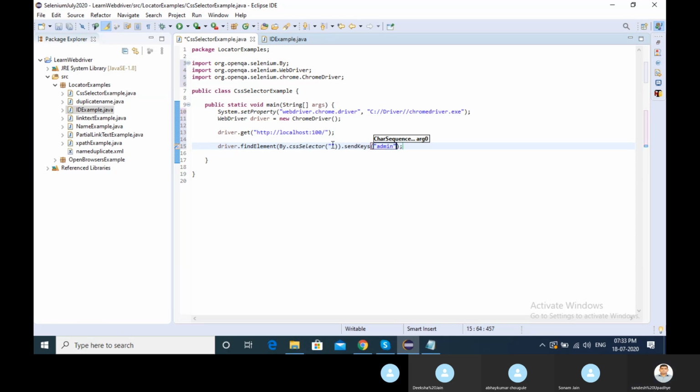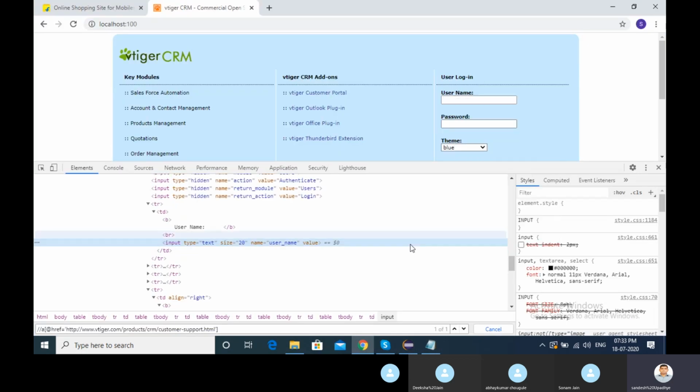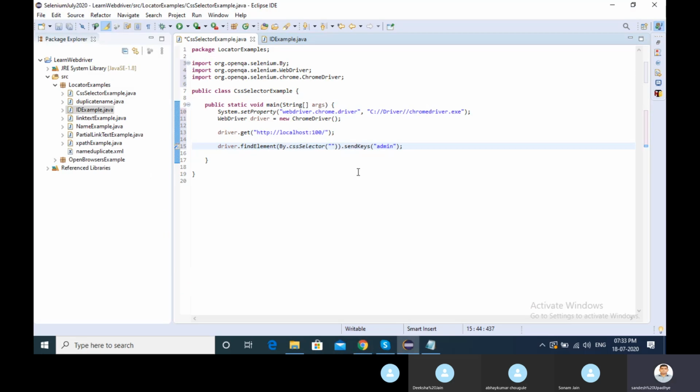Okay, now if I go here, I have name itself, right? So I want to choose this name, copy, then put it here in brackets. Name is equal to username.